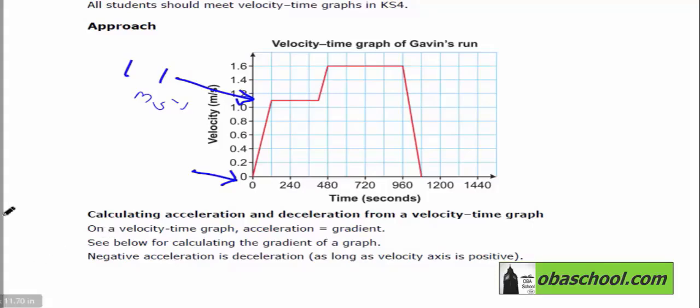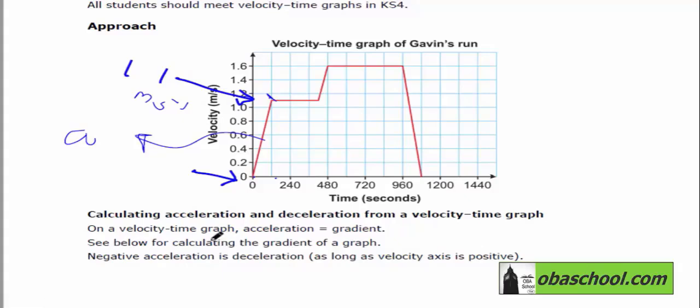On a velocity time graph, acceleration equals gradient. So we obtain the gradient for each line and it will be the acceleration. For example, from 0 to 120 seconds, how much is the acceleration? We take the part that is from here to here and we calculate the gradient, which is the A or